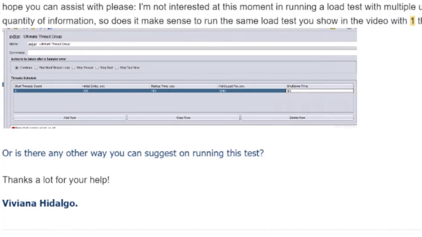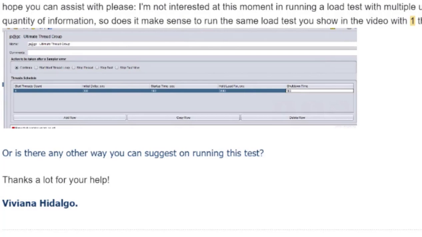So are you really trying to simulate the scheduled job load? Yes. I will say that scheduled job will be the one thread that I put in JMeter. So why are you saying that it is necessary to do that, and why are you saying that if I put a different quantity of information, it wouldn't affect the CPU? The lesser the number of users, the lesser the load you're giving to the system. So when you're increasing it, you can